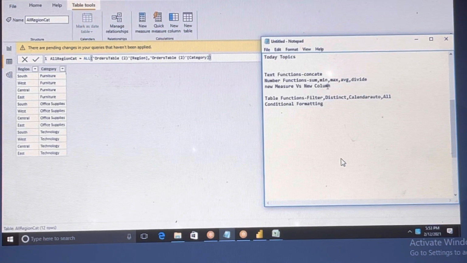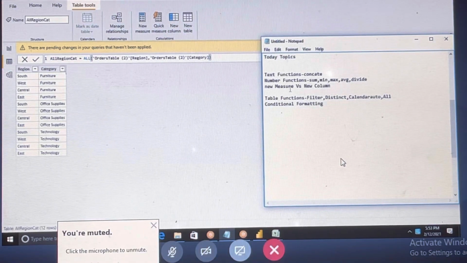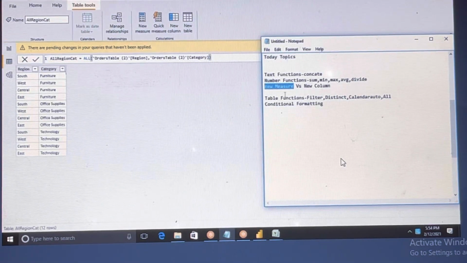For example, sales into quantity is nothing but total sales. That scenario you will go with new column. If you wanted to sum up all the sales, you can go with new measure. But when you create the new measure, you don't see that column, but you can see the new column whatever you have created. Last time you have seen, right? Total sales underscore C, total sales underscore M.